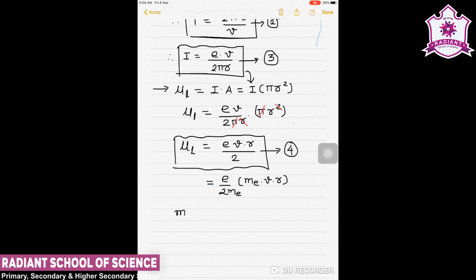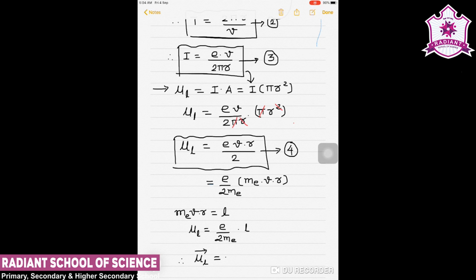Now Me V R is considered as angular momentum, and the rest is considered as the magnetic dipole moment. If I put that value in the above equation, I will have mu L equals e upon 2 me into L. Now if I want to write it vectorially, then the magnetic dipole moment in vector form is